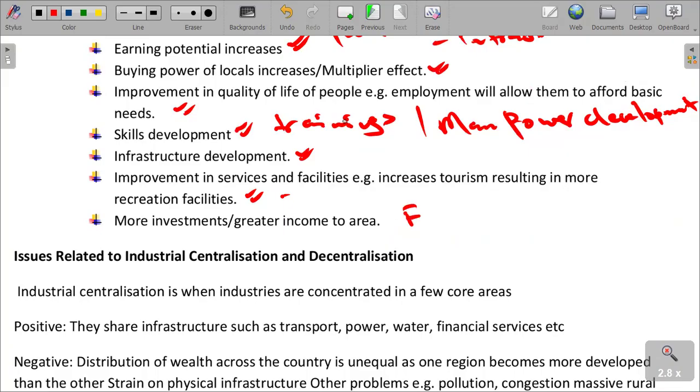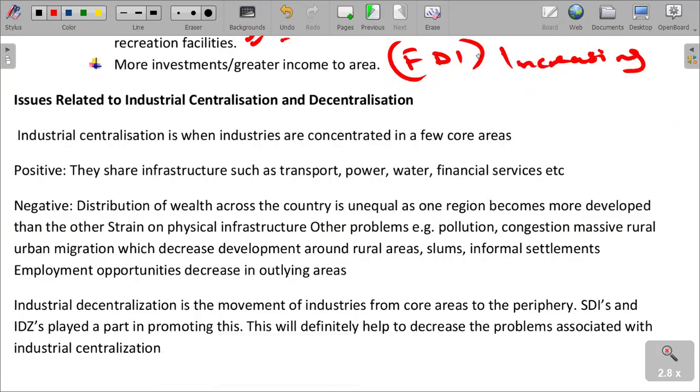We talk about foreign direct investment also increasing because of strategies and functions that are taking place from the what? From the SDI and IDZ. Let's just quickly look at issues related to